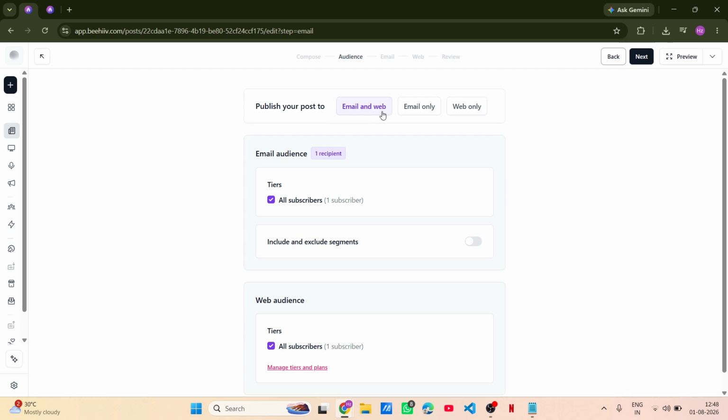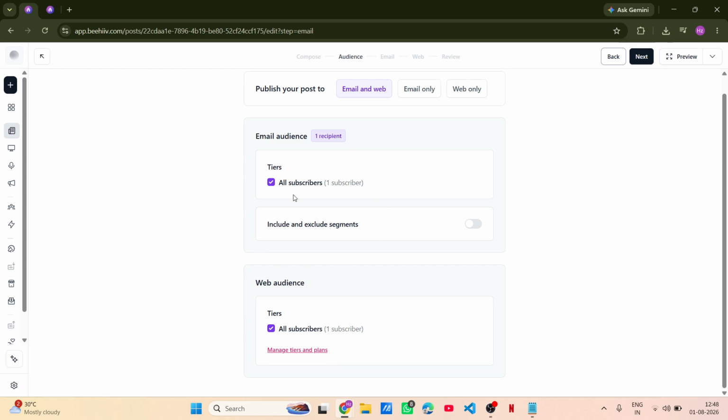Click on it, and you'll be prompted to enter the email address where you want the test email sent. This could be your personal email, a colleague's, or anyone who can provide you with feedback. Go ahead and enter the email address. It's a good idea to send it to yourself since you'll be able to compare the test email with the